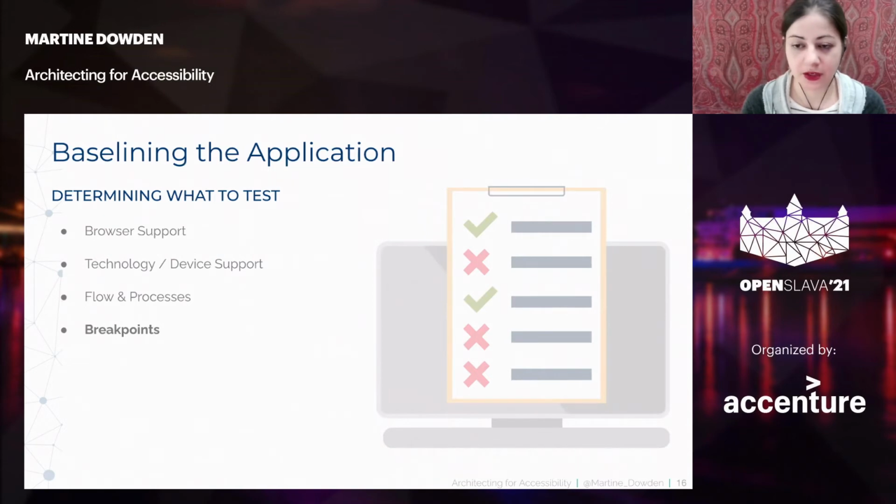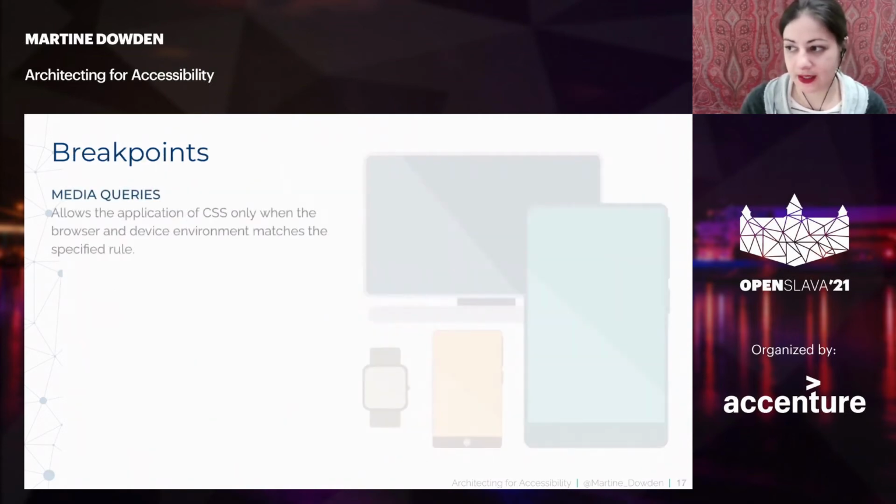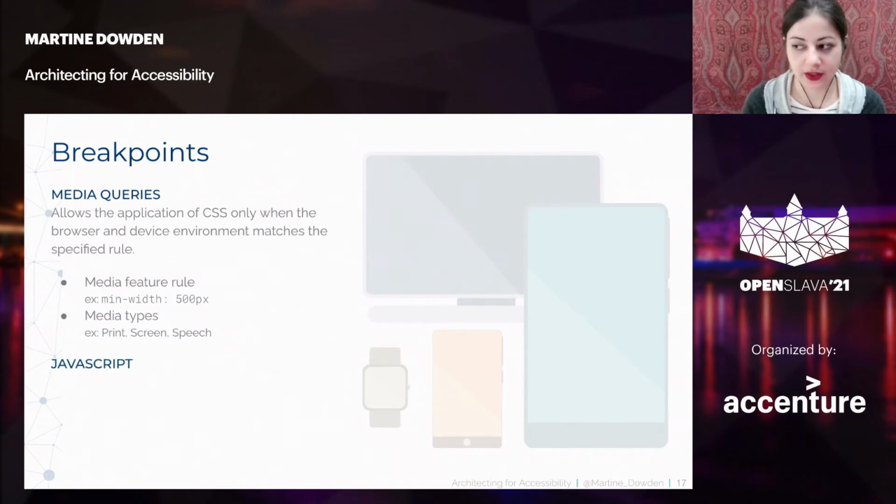We also want to understand where our breakpoints are. This happens with responsive and fluid applications, where we need to understand, okay, we know that on mobile it looks a little bit different than on desktop, right? So we want to make sure that those interactions that might be a little bit different on mobile versus desktop are going ahead and being tested. A lot of times we can search for things like our media queries in our application, either for size or for print, to make sure that these are being applied and that these are being tested.